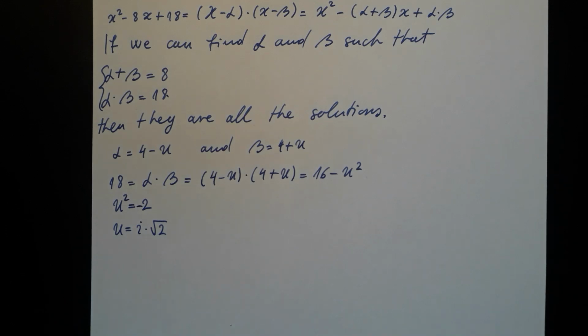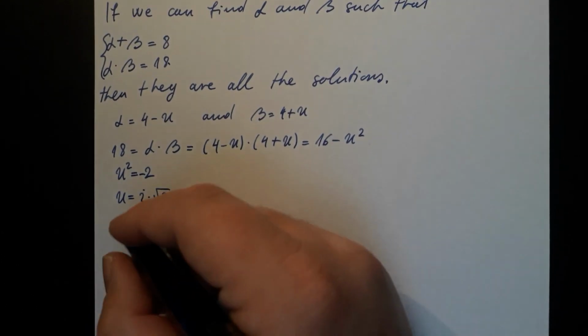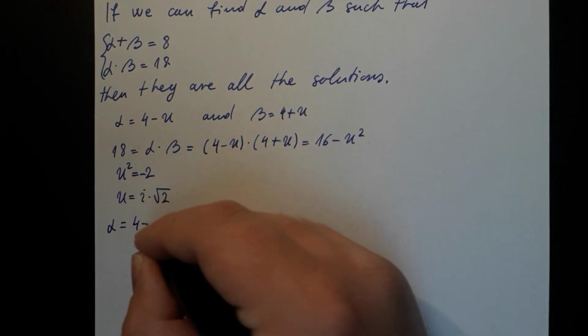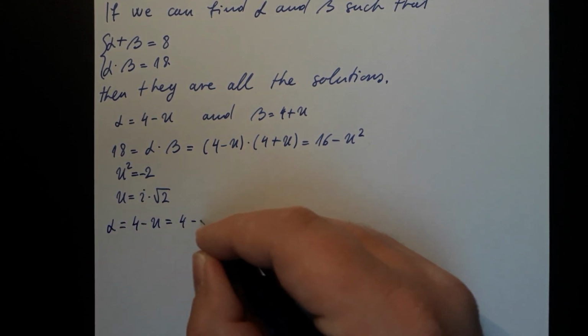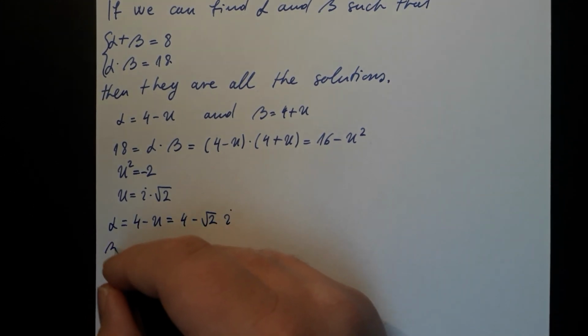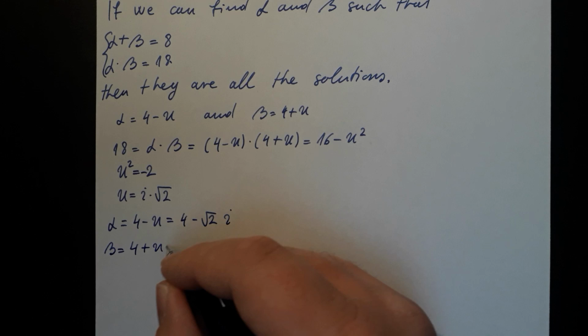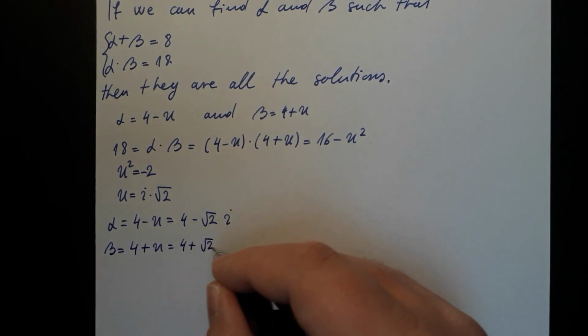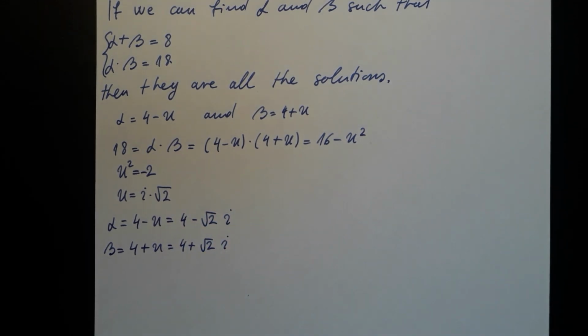So as you can see, this method works even in those cases when complex numbers appear. And finally, we get our two numbers. Alpha is going to be 4 minus u, which is 4 minus the square root of 2 multiplied by i, and beta is going to be 4 plus u, which is 4 plus the square root of 2 multiplied by i. Now, it is obvious that this method can be used to solve any quadratic equation, and you don't need